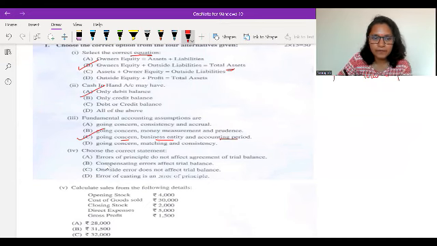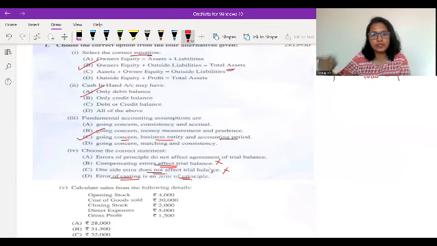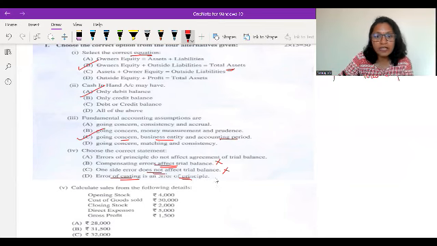So first we will take compensating errors. Compensating errors will never affect your trial balance because they will always compensate each other and it will lead to agreement of trial balance. One-sided errors will always affect your trial balance. So here it is given does not affect, so that is also wrong. Casting errors are error of principle? Casting error means an error because of some mistakes in totaling or because of posting. So that is called a casting error. It is not an error of principle. So the answer is error of principle does not affect agreement of trial balance.